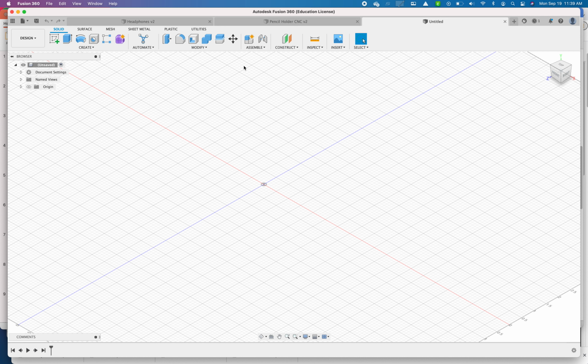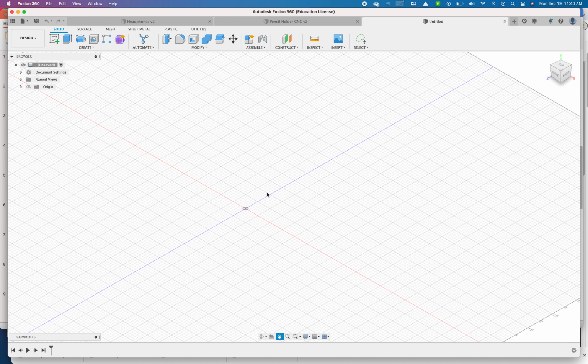Hopefully you've gotten a valid subscription and you've also downloaded the program on your computer. However, that's obviously the first and the most difficult step to getting to this point right here. Once you're in, I want to show you a few things. First of all, if you see up in the upper right-hand corner of your screen, you may see a subscription issue over here. If you have that, let me know,